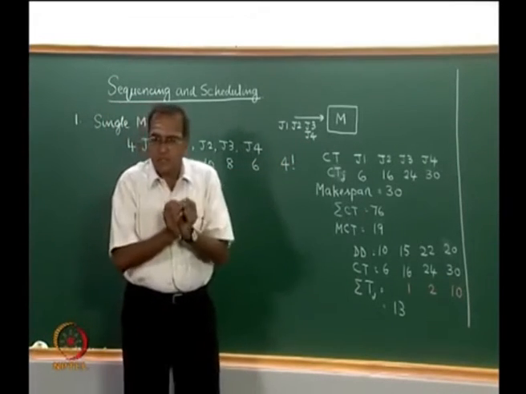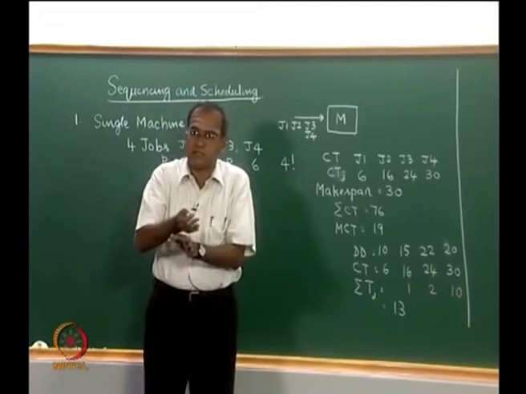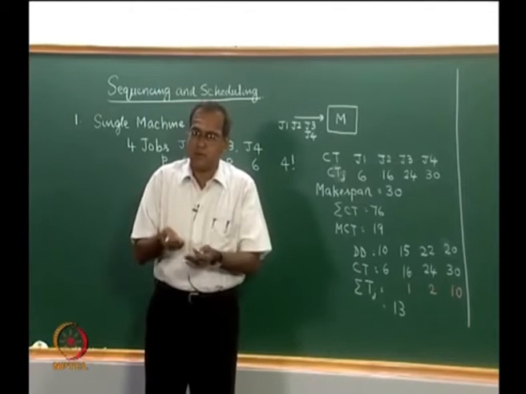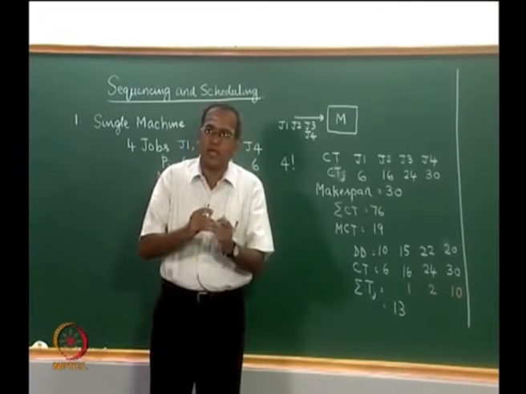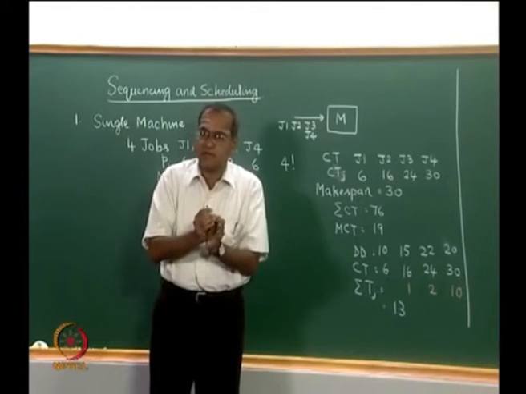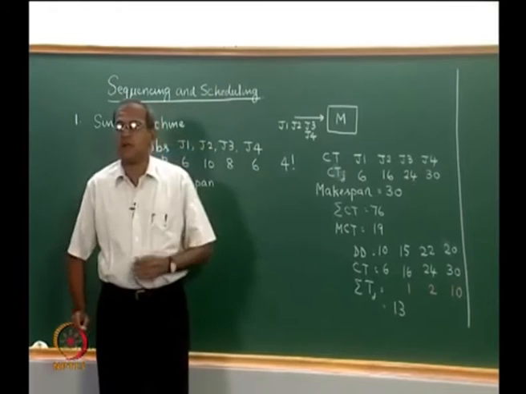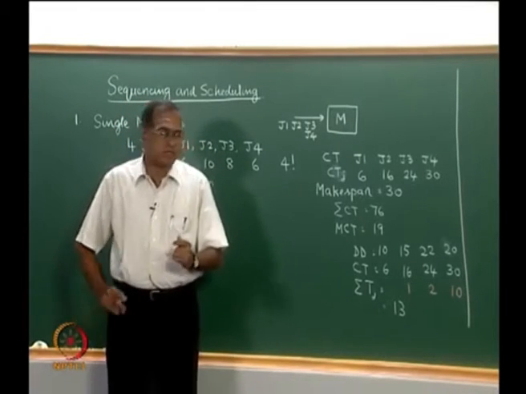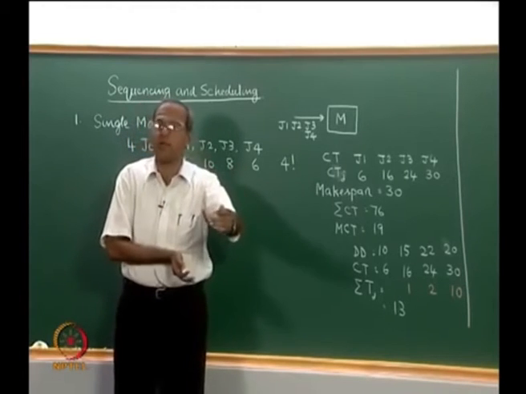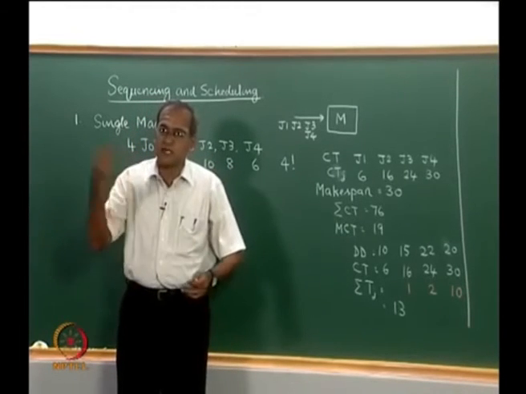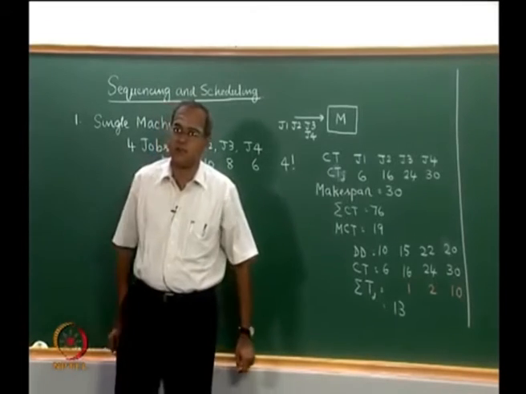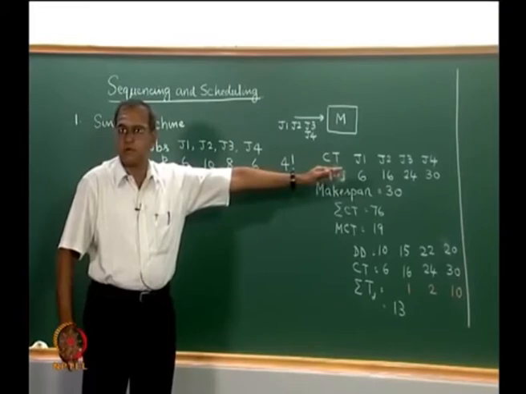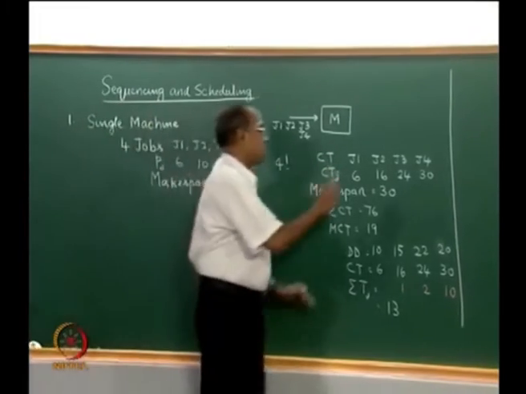In fact, the assumption that the machine will not be kept idle when there is a job waiting in front of it would actually help the makespan. If we are looking at makespan as the objective, then it does not make sense to keep the machine idle when there are jobs waiting in front of it. As all the jobs are available at time equal to 0, the machine starts processing one job after another, and in whatever order we send these jobs, the total makespan is going to be 30. So, makespan is equal to 30.